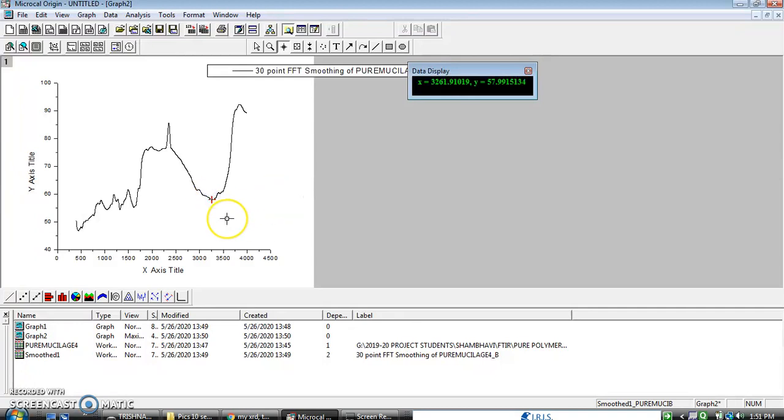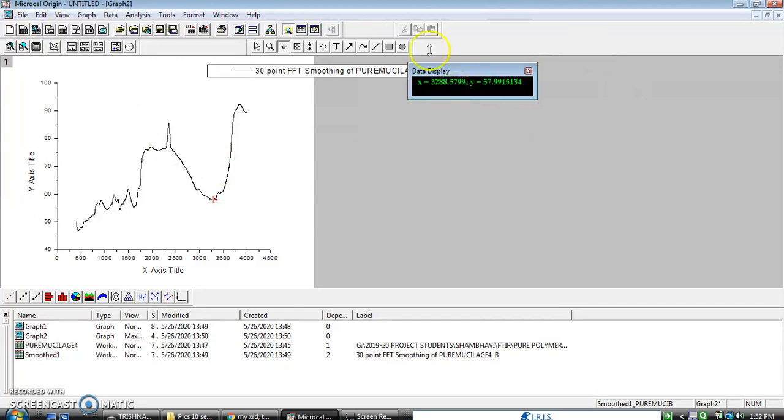As you click onto this, now with the help of the keypad on your computer, you can directly move your cursor wherever you have clicked. You can click it here, and as you can see, you are getting readings, that is 3288.5779. This corresponds to the wave number, and the y-axis, that is percentage transmission, corresponds to 57.991, that is percentage transmission. Now once you get this idea, that my wave number of this is